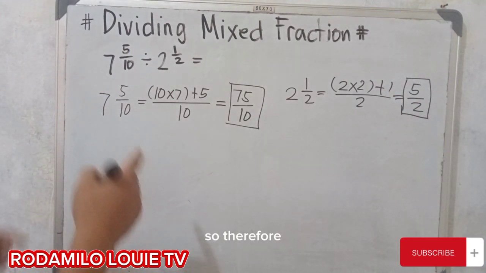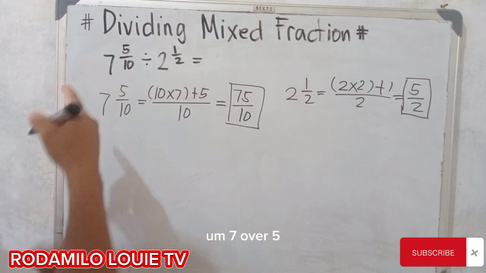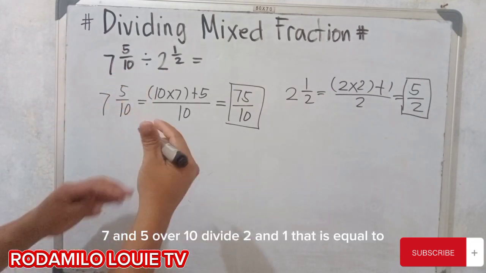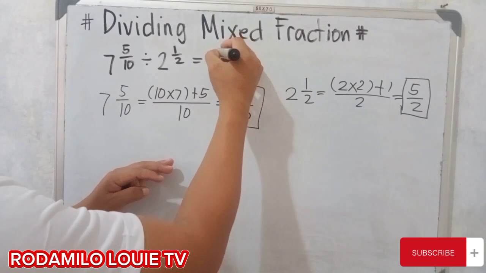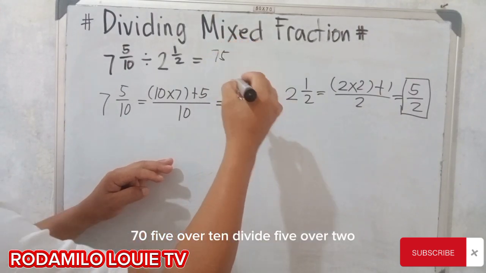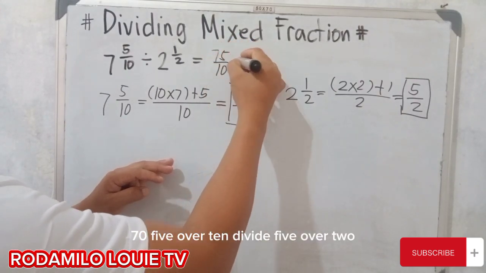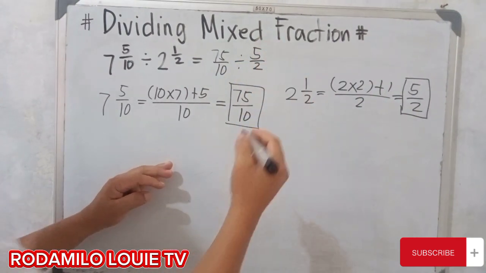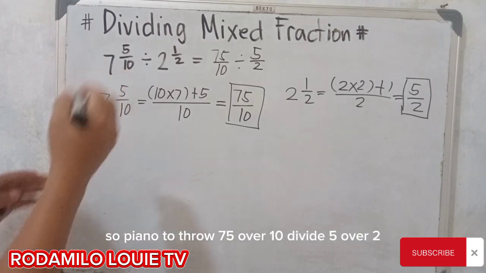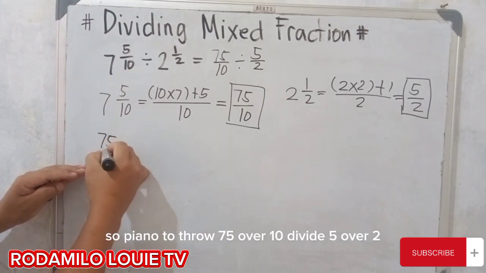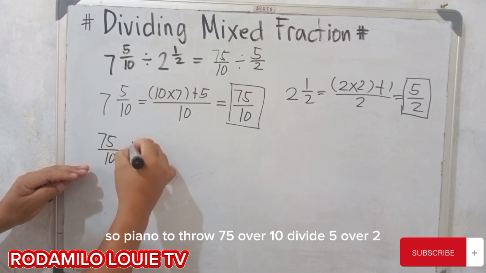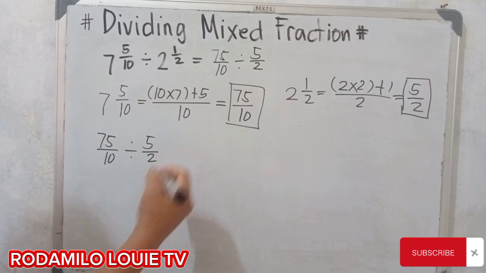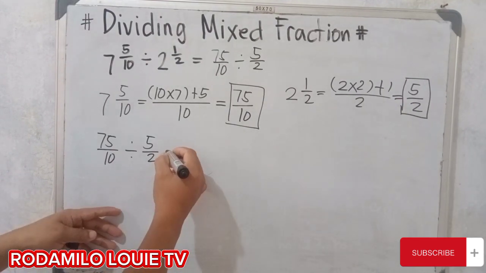So, therefore, 7 and 5 over 10 divided by 2 and 1 half is equal to 75 over 10 divided by 5 over 2. So that's our problem now: 75 over 10 divided by 5 over 2. Next, what we will do is